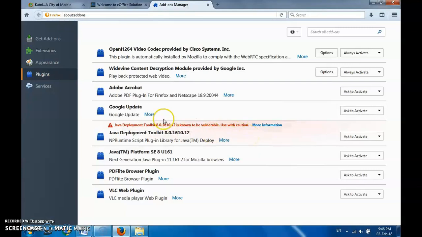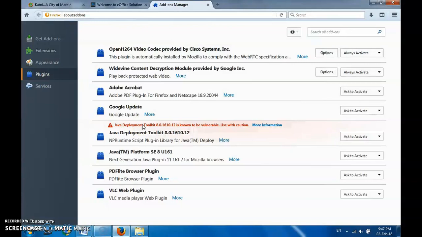If in your system eOffice DSC is not working on Mozilla, you can come here and check whether this toolkit is showing or not. If not, it means your Mozilla does not support Java anymore and you won't be able to work on it. So you need to either uninstall it and install the ESR version, or you can work on Internet Explorer. But personally I don't like Internet Explorer. It is your choice and decision which browser to go with, no issue in that.